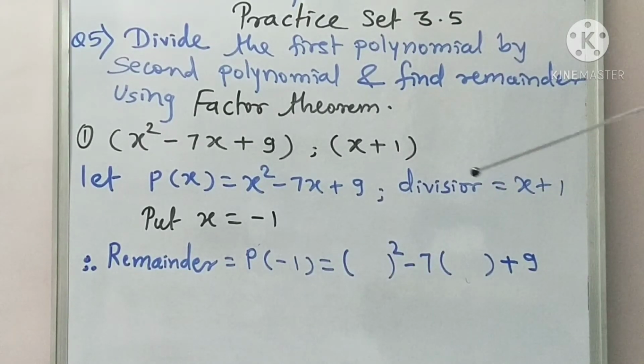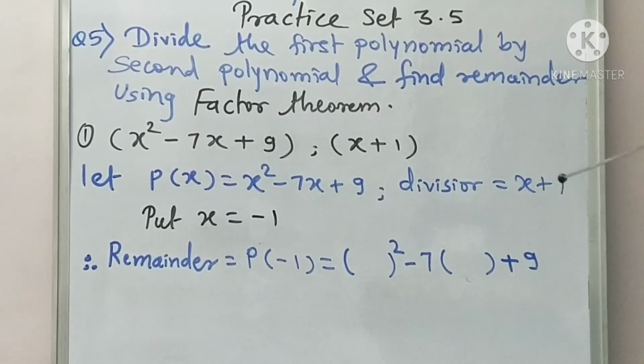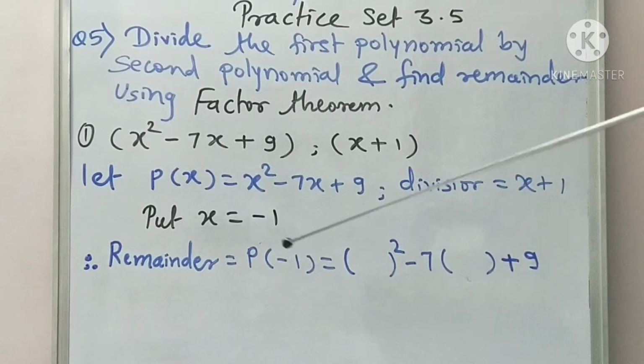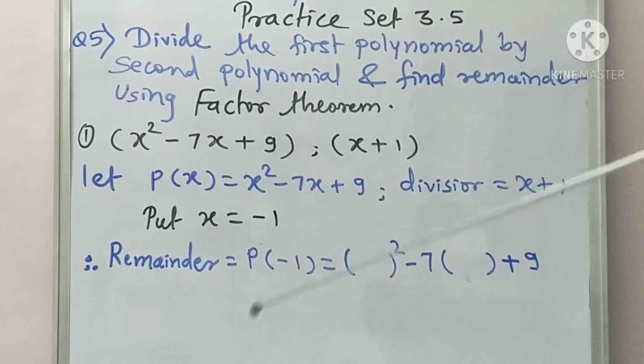In the synthetic division method also, as the divisor is x plus 1, we take the opposite of that plus 1 as minus 1, and we draw that format and put the coefficients of the polynomial, and we put the opposite of this number, minus 1, toward the left side of that vertical line, okay.